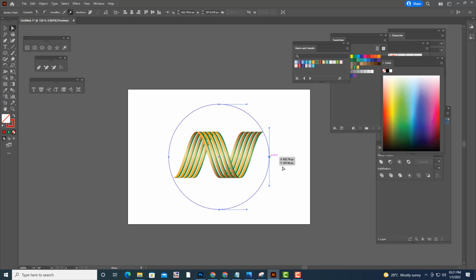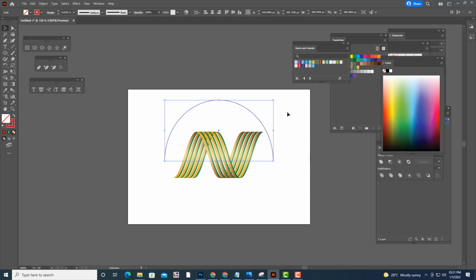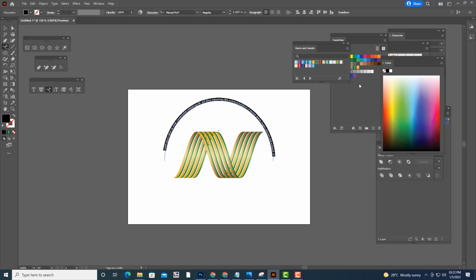So we'll just cut this one. So we'll cut this path here, so something like this. And then we will just put some text on this. So we'll just use Impact. And then I will remove the text, and we will also try to increase the size of the text. So we can increase, simply we can put a value here.